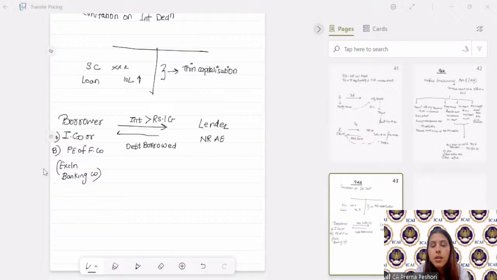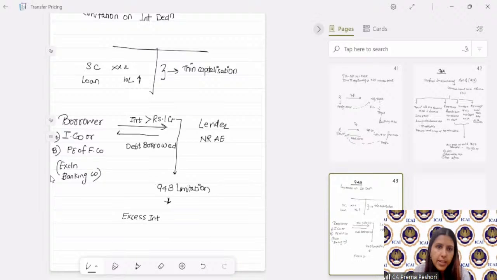Is that clear? So what happens? This interest will be subject to section 94B limitation. And what is the limitation which is created? The limitation which is created is that the excess interest. What is your excess interest? Excess interest is your total interest which is there,